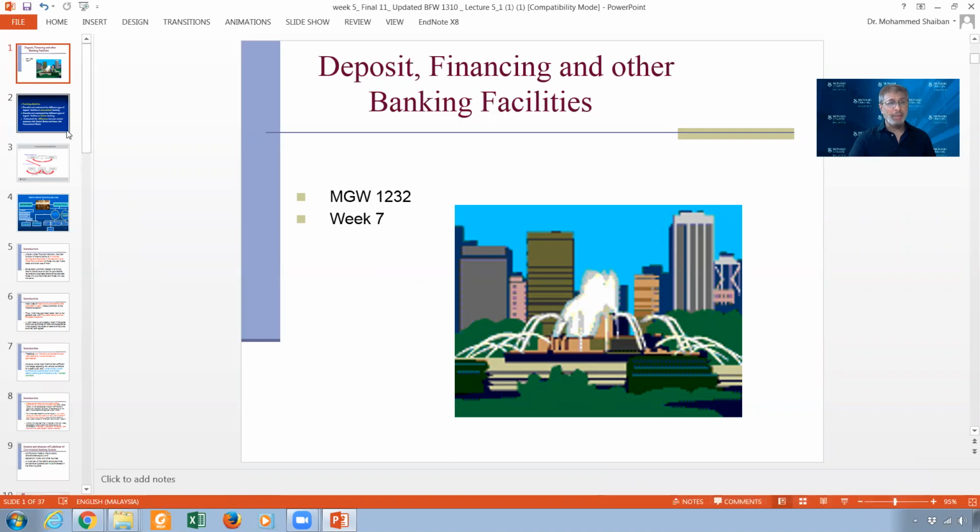Now, commercial banking or conventional banking is actually like Islamic banking in terms of the services they provide. If you are a customer in an Islamic bank or a customer in a commercial bank, you will not see the difference. However, the risk sharing between the customer and the bank is different in the two models. The return is different. The contracts that underlie the deposit facilities or the financing facilities are different. So as I'm going to explain in these slides,